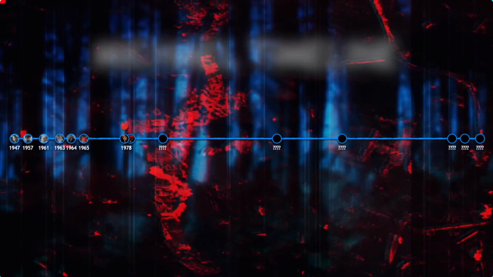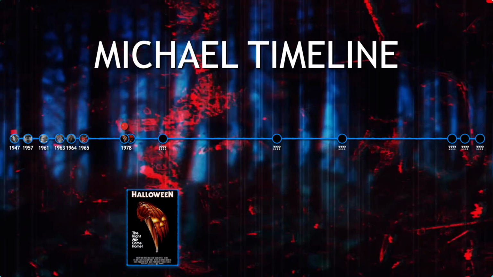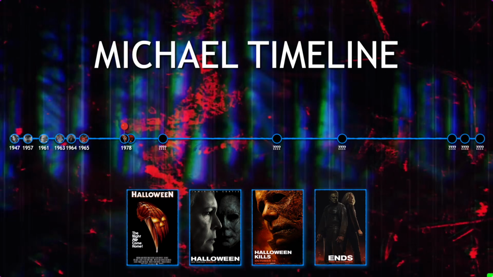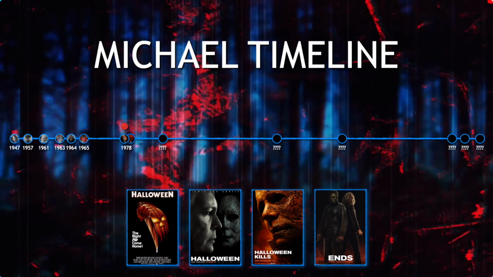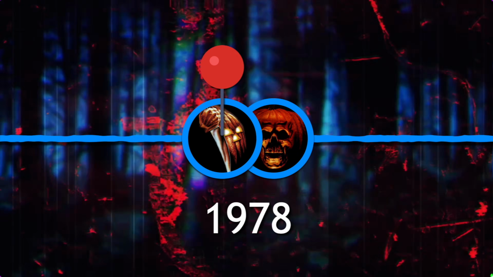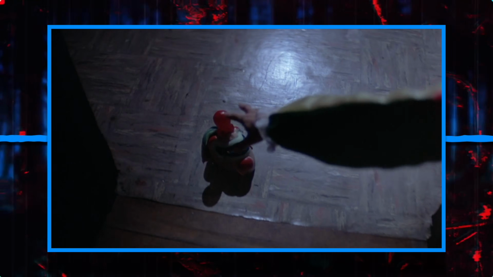Well, this is going to be a very integral moment for the fifth and final timeline of the franchise, which again, I'm calling the Michael Timeline, which other than the original Halloween movie, will also include Halloween 2018, Halloween Kills, and Halloween Ends. However, before we can move forward, we're going to have to backtrack quite a bit, as like I had mentioned earlier, this timeline also diverges when we move through it backwards. So starting back at the first scene on Halloween night 1963, all of the events play out exactly the same